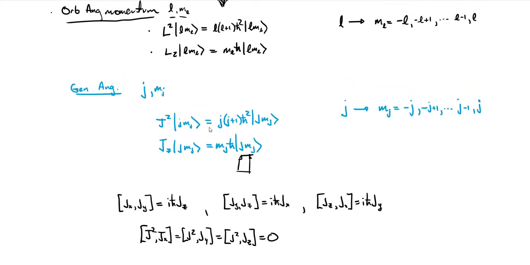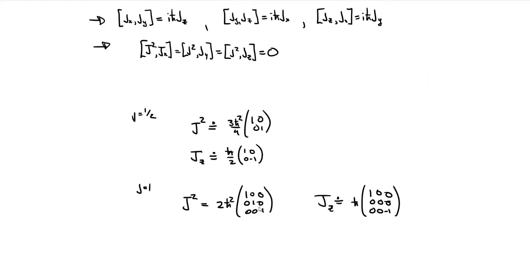recapping what we did, the angular momenta we've looked at had eigenvalue equations for angular momentum operators that looked like this. They had commutation relationships like this. In general, we've looked at the matrix representations for different types of these angular momentum systems. So all of this should be pretty familiar.